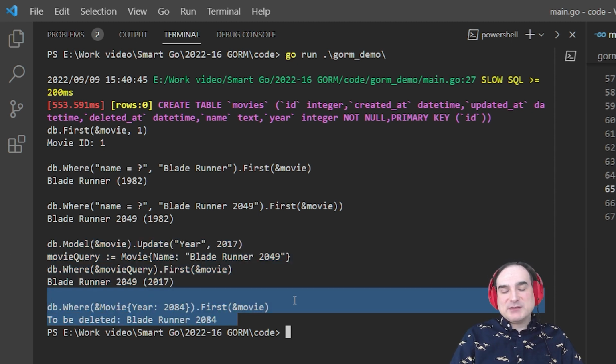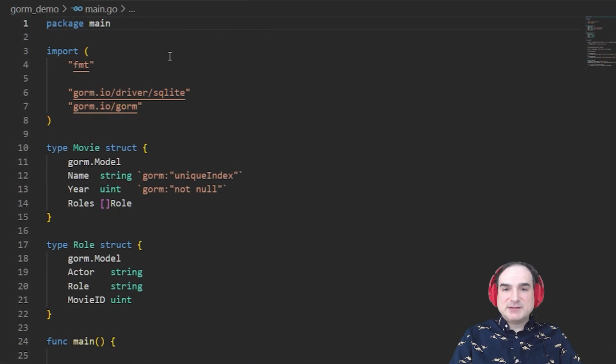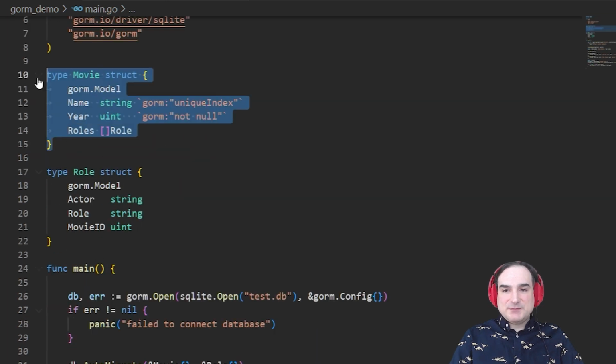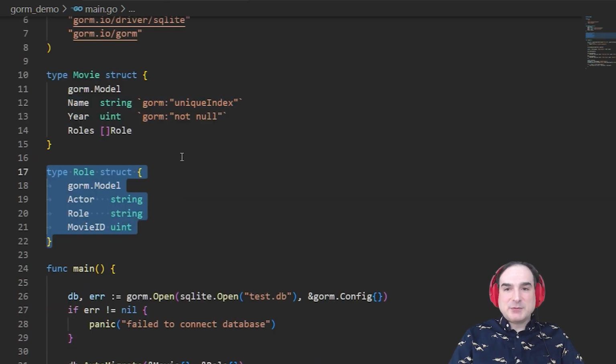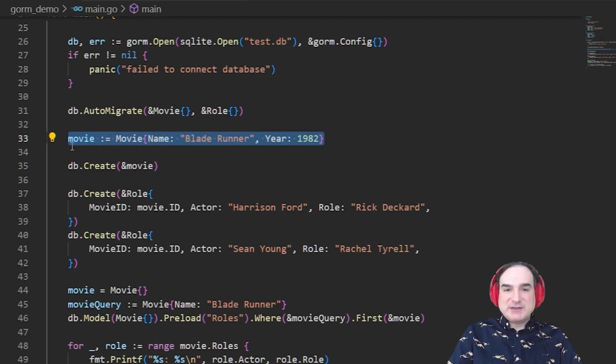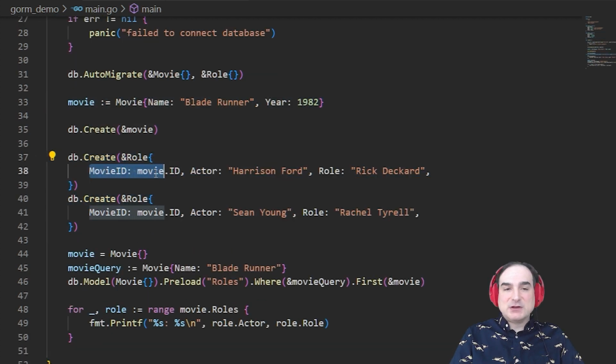Now, Gorm also provides ways to perform lots of other common database query and update actions, but for the sake of brevity, I'm only going to look at one more of them, retrieving data from two tables that have a join. So here in this revised example, I have a movie table and a role table, the roles that are performed by actors in the movie. And I'm populating the first one with a row for a given movie, and then I add rows in the second table that link back to the first one, a one-to-many relationship, as this is called.